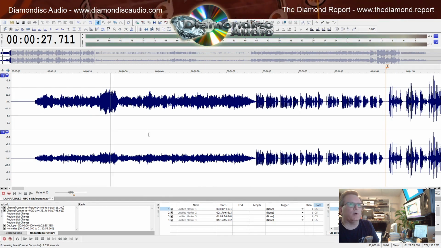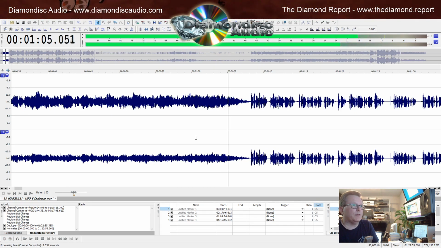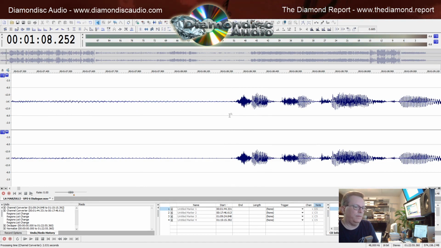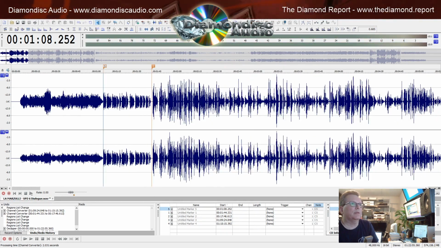Now, the way he exported his tracks from his editor, for some reason there is a music section here at the beginning of the dialogue track. But that's okay. What we'll do is we'll marker that off so that I can isolate that later if we need to.